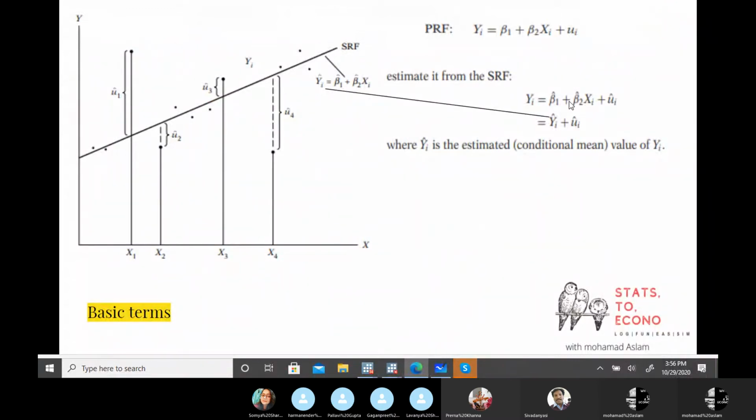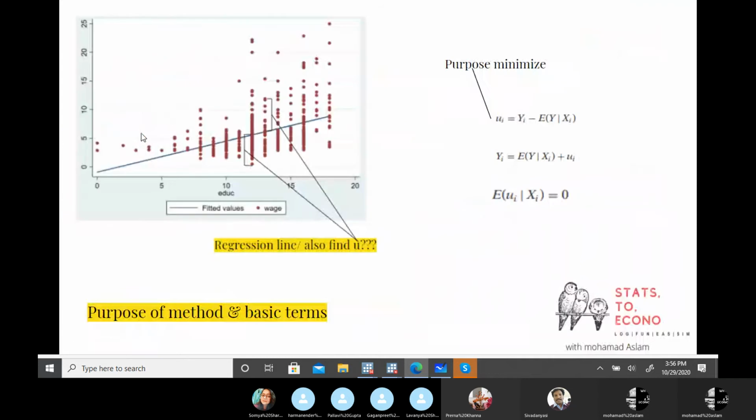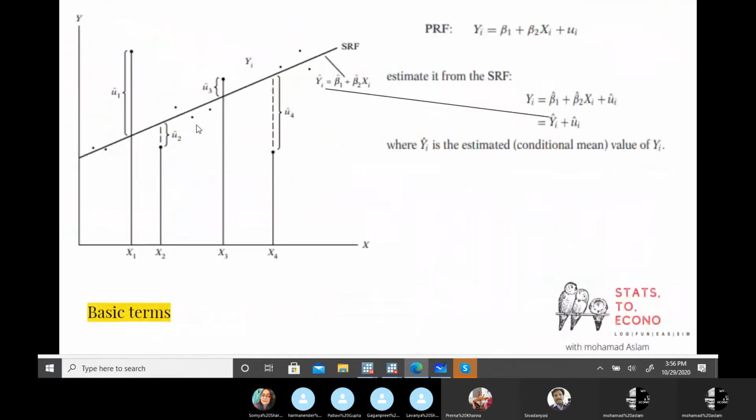This whole process we are doing with these basic equations. Our purpose is to estimate these two values. Now, to estimate this, we are taking the help of the OLS method. What the OLS method is trying to do is minimize this gap, actual minus predicted values, because we don't want the regression line to be unrepresentative of the actual data. So we need this gap to be as minimum as possible. That's what OLS is trying to do.